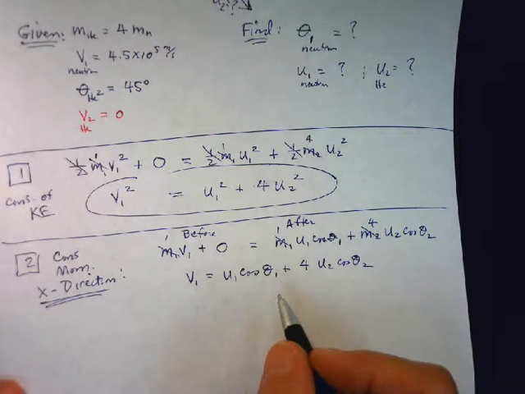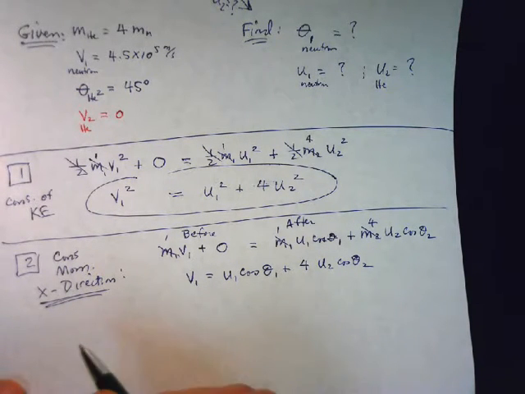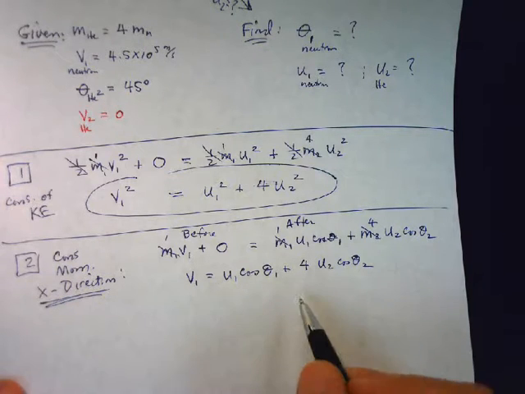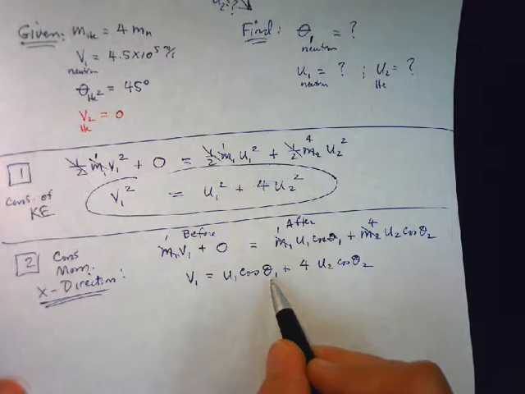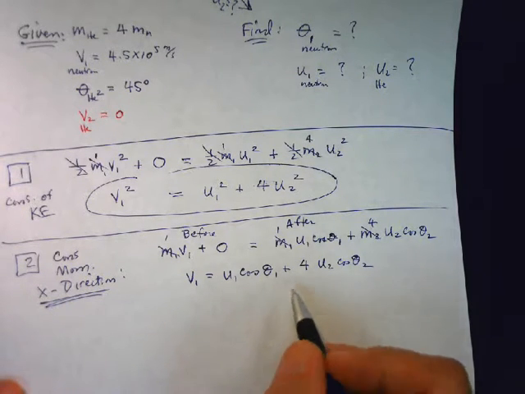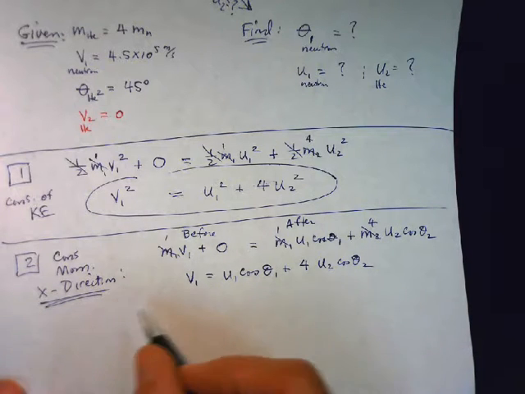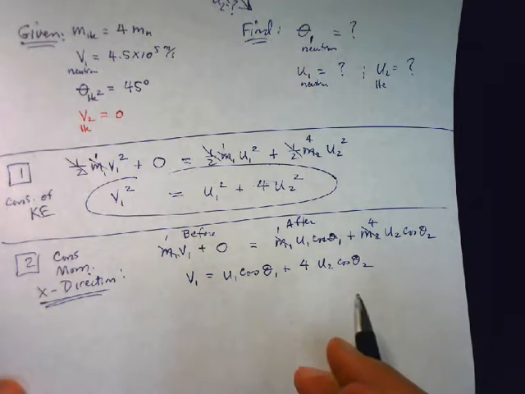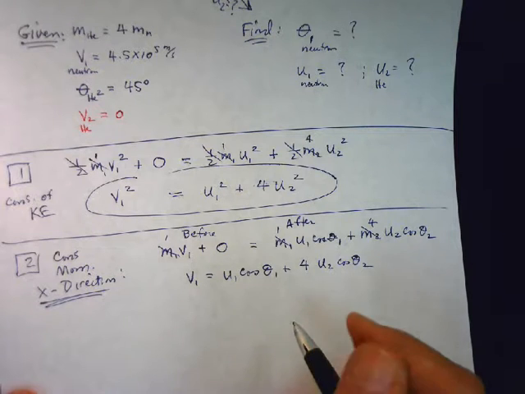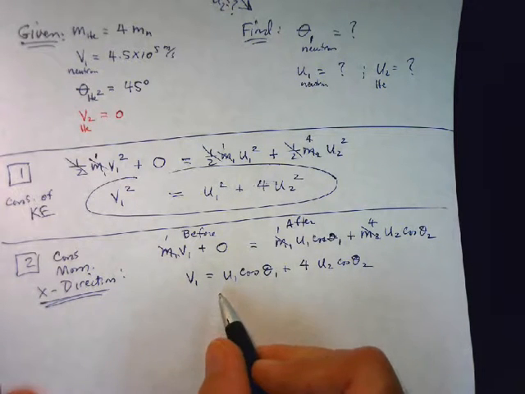So what I want to do is isolate theta 1, and get everything else over on the other side except for maybe U1, otherwise it's going to disappear due to the fact that I'm going to be using a trig identity. So I'm going to rearrange this,